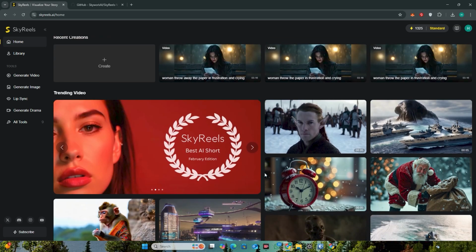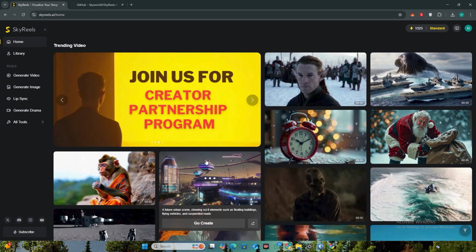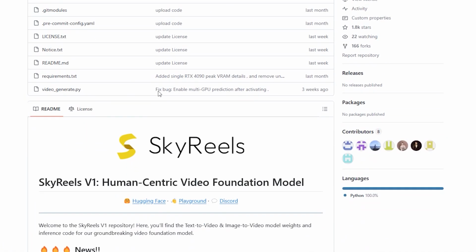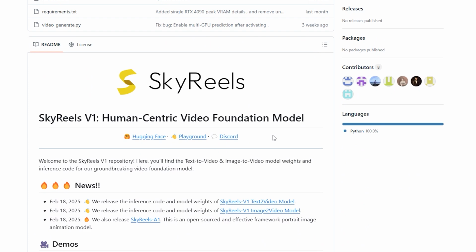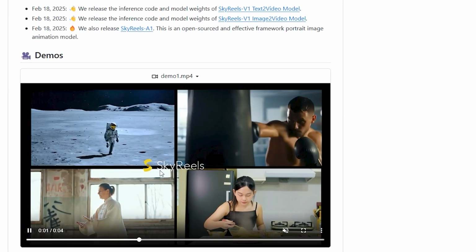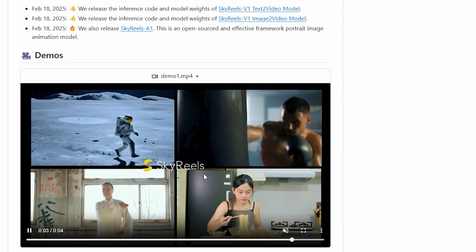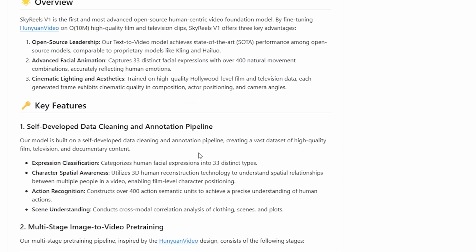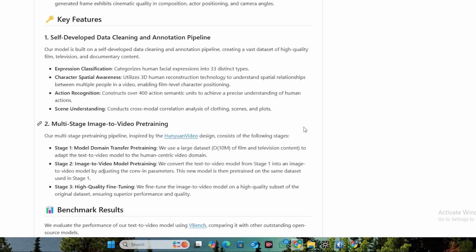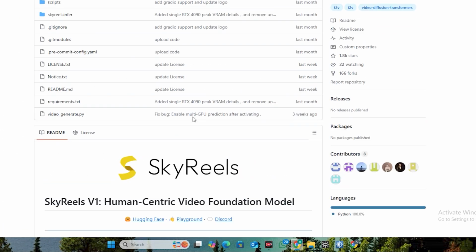Well, this is the platform of this AI tool, but this is also an open source tool as I mentioned earlier. So if you go ahead to the GitHub repository, this is their GitHub page where you can find this model, and if you want to install this locally, you have that option. You have the code available. These are some of the demo videos generated with this AI tool, and you can see how good they actually look. And these are some of the key features that this AI tool offers you, and this is trained on an open source model called Hunyuan that we have already seen. So if you have a strong enough GPU, you can install this locally,